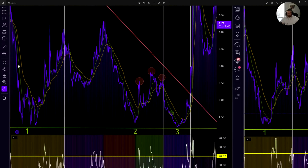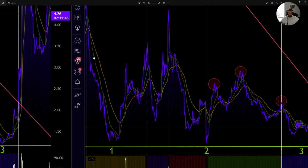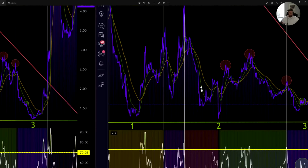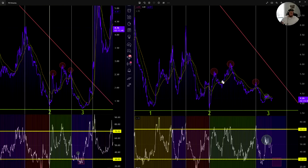So the green is below the 50 this whole entire time, hovering under it, and then you get the wave type move that I talked about, where you break above, come under, and then you break above again, which takes you to the end of the purple. So you have the same exact thing over here. The 20 is under the 50 the whole time. You break above, come under, and then break above again. Same exact thing. And then from there, you break below the 50 again, and you do over here, and then you cross in the tri-peak, and then you come underneath again. So cross in the tri-peak, and then you come underneath again, and that's where we are now, just hovering under